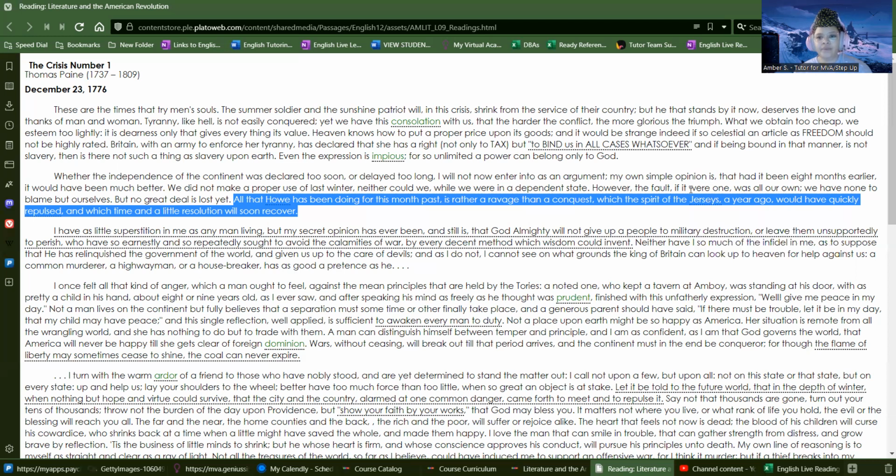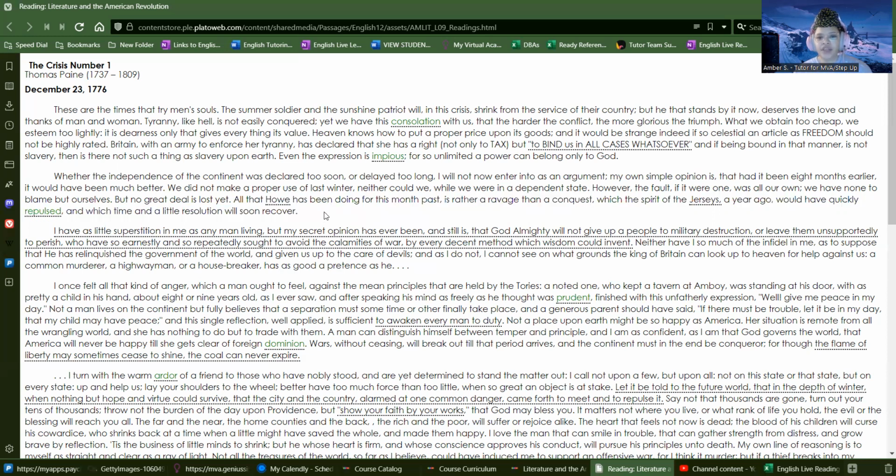So they're saying that even though Howe has been ravaging their soldiers, if they had declared independence earlier, the Jerseys a year ago would have repulsed the fighting, repulsed us to drive back, and which time and little resolution will soon recover. So it says here that they're definitely going to push back now and recover what they've lost to Howe. But he's just making the point that if they had declared independence 8 months ago and had the time